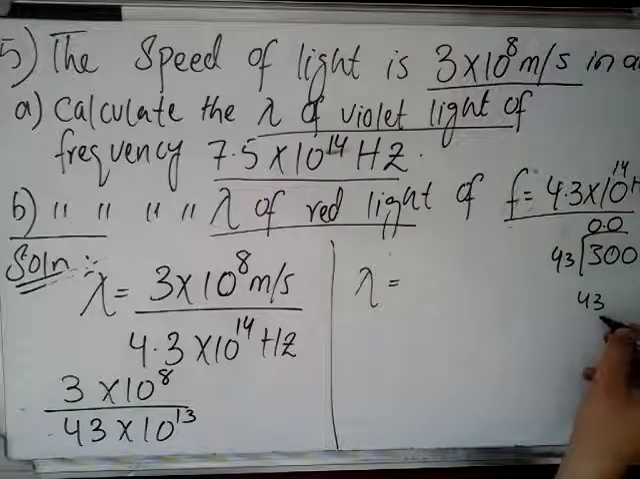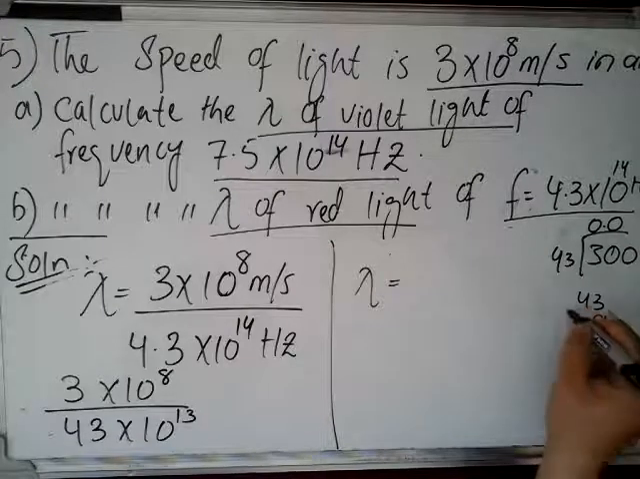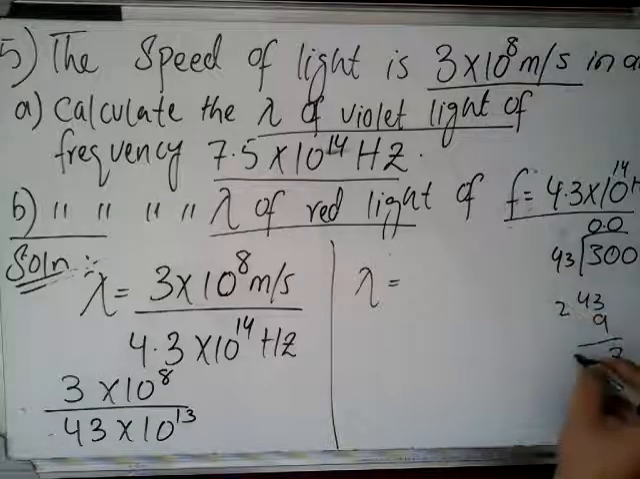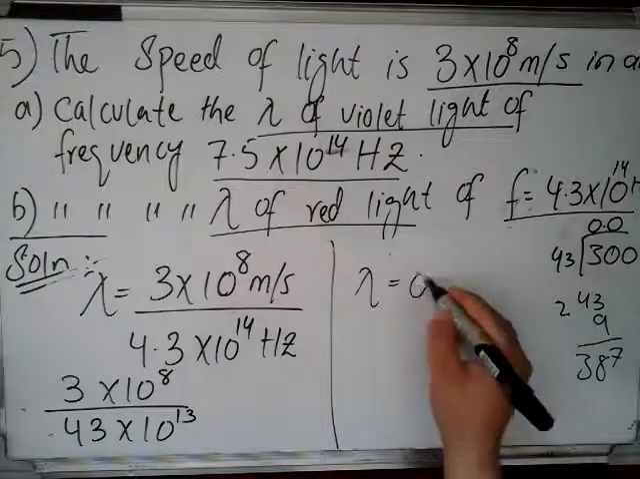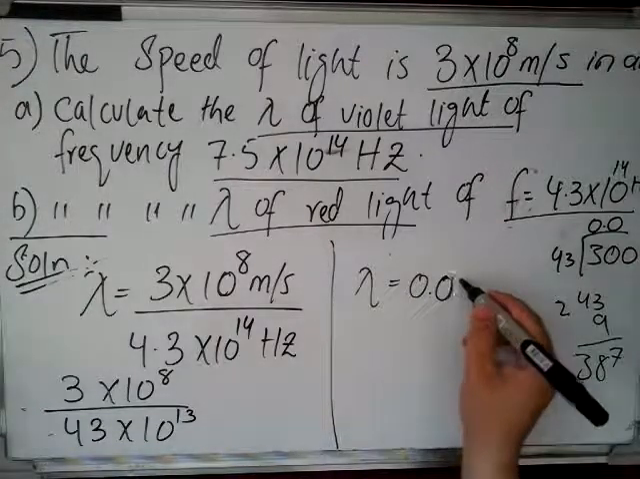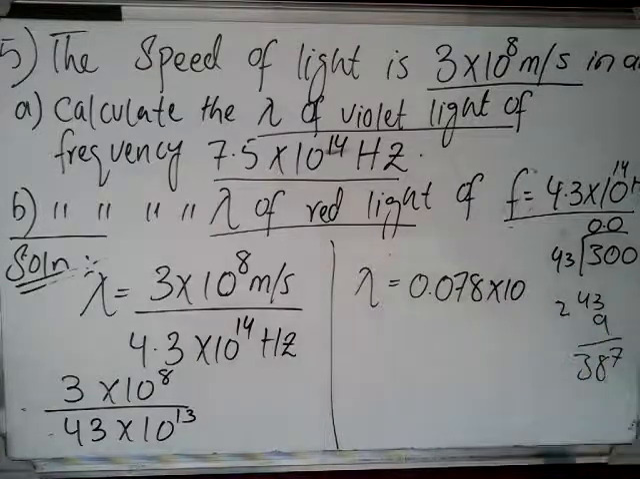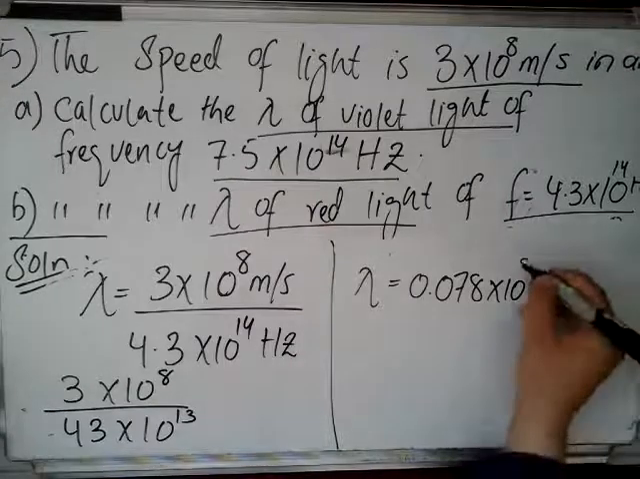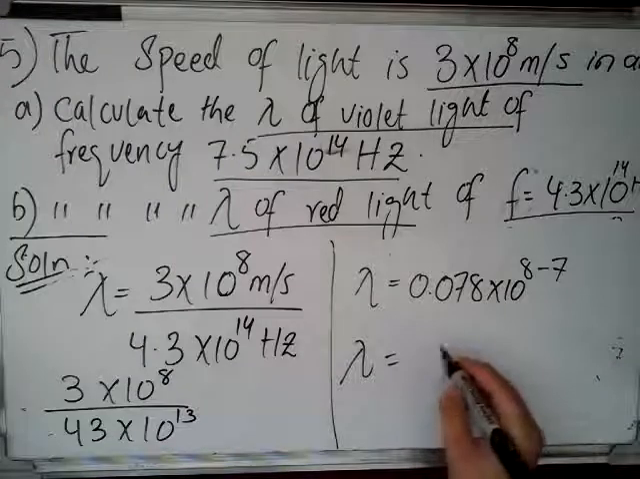Divided by, multiplied by, suppose 9 3s are 27, so 36. So something like it would become 0.078 into 10 raised to power something like this, or the value would become nearer to it, into 10 raised to power 8 minus 7. So lambda would become, or the wavelength would become